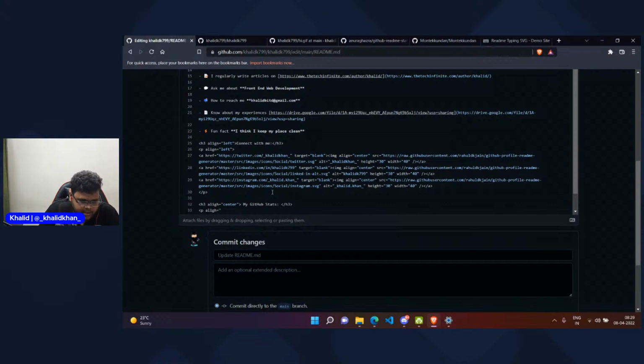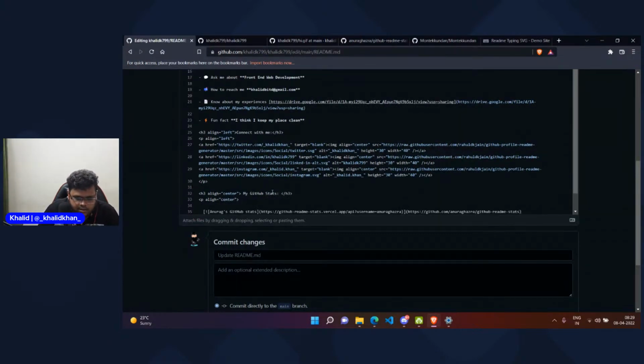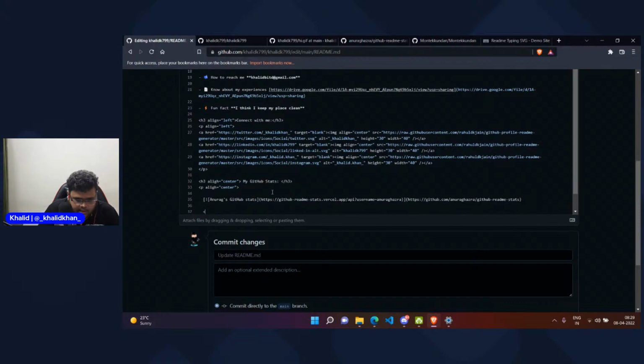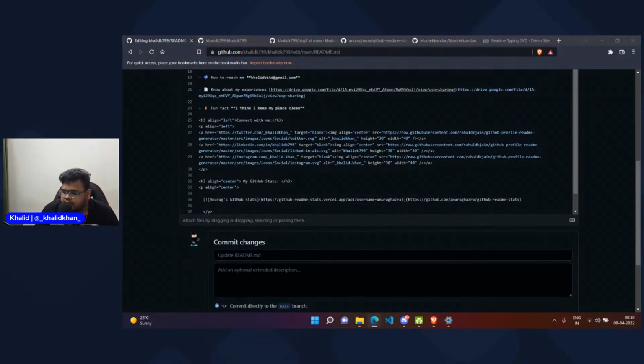Then again, the alignment should be at center. Now I'll paste the code over here and close the paragraph. In case you don't have the link, I'll copy and send the GitHub profile link over the chat. Kunal, I have sent them a message. I guess they'll probably get back.